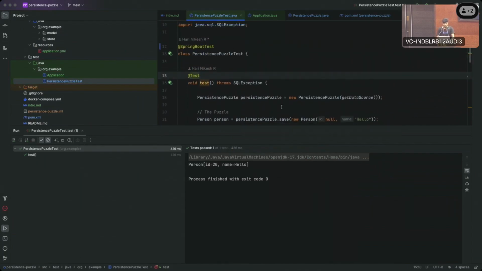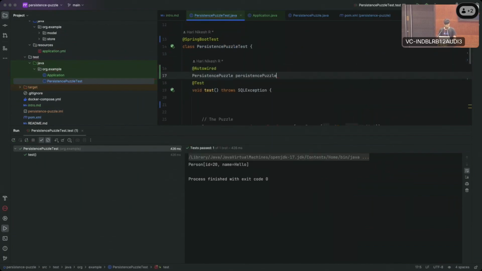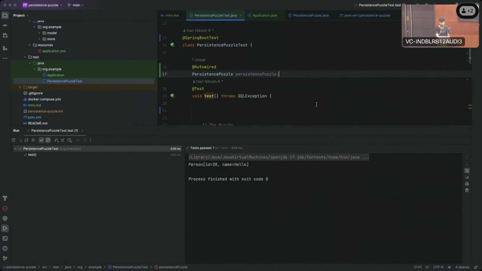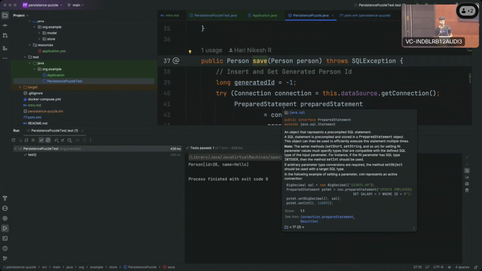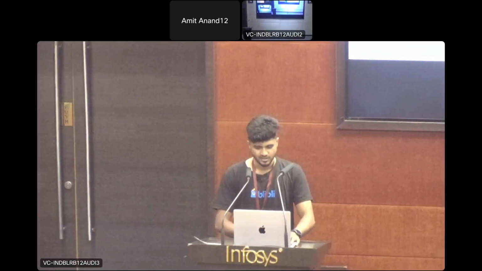So what about creating a new object here? Do we need to create an object in a Spring Boot application? No, right? The bean will take care of it. So let's remove this and have an autowire. Still, this piece of code can solve the problem because it still has a JDBC implementation in it. But now what we are trying to achieve is to remove the JDBC and replace it with JDBC client. That is what we are going to achieve right now. To do that,